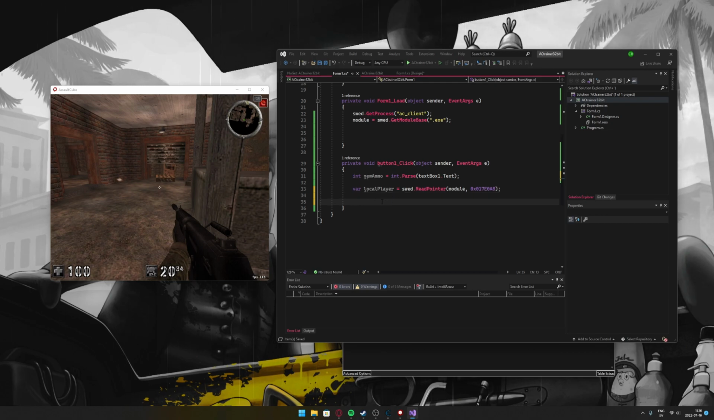What we can do now is use swed.WriteBytes. We use the local player now, so this one, and now we can add the offset here, so we don't need to read every offset. That would just return the ammo. I made that mistake when I started making trainers and so on, but just add the last offset here when you write, and now